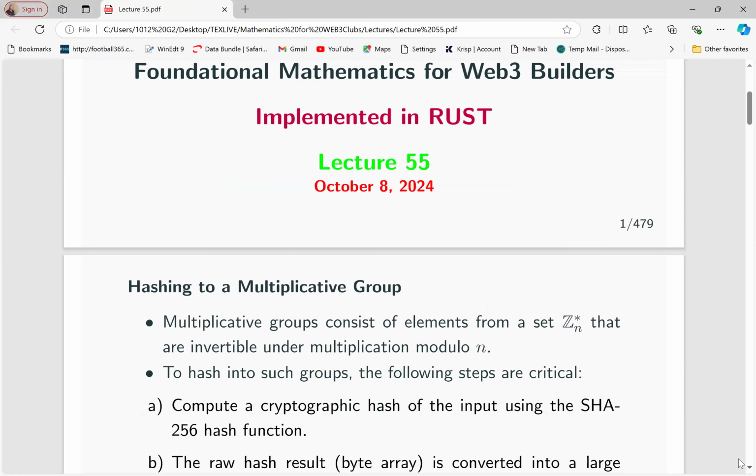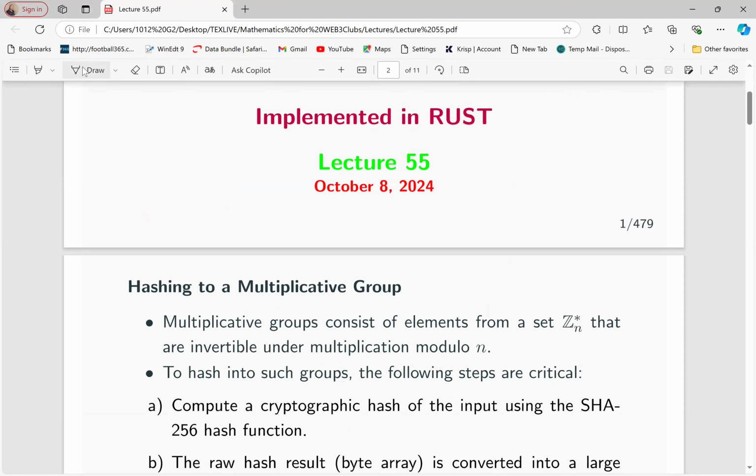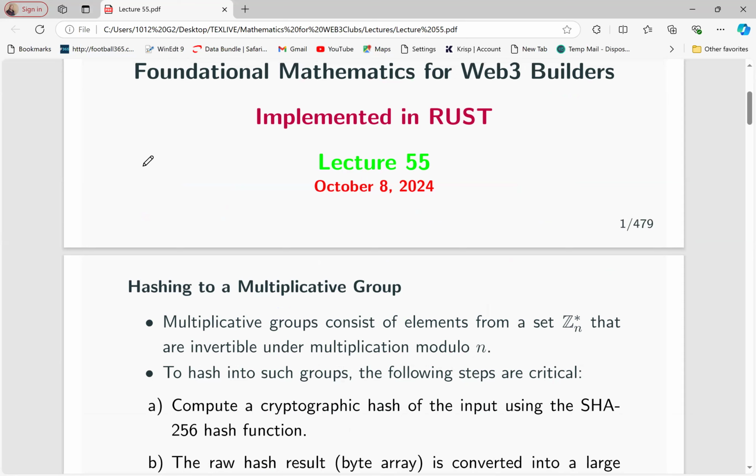We had begun looking at hashing. We had looked at how to hash using SHA-256. And then we did a hash on an additive group, where you take your arbitrary data and hash it to an element of a group, an additive group. So for instance, if you have